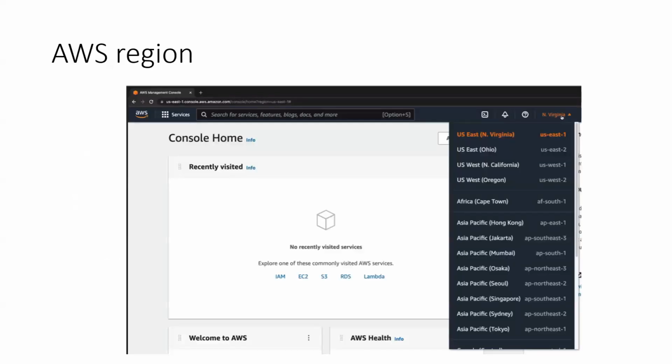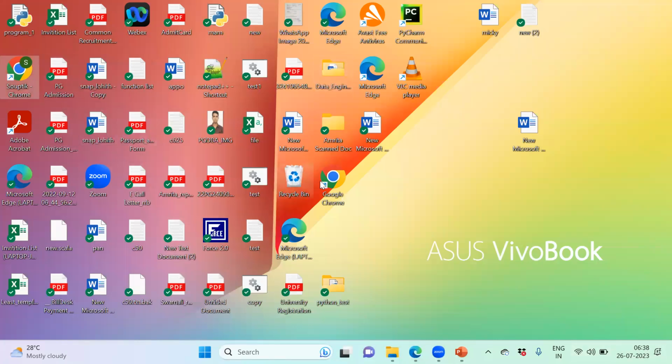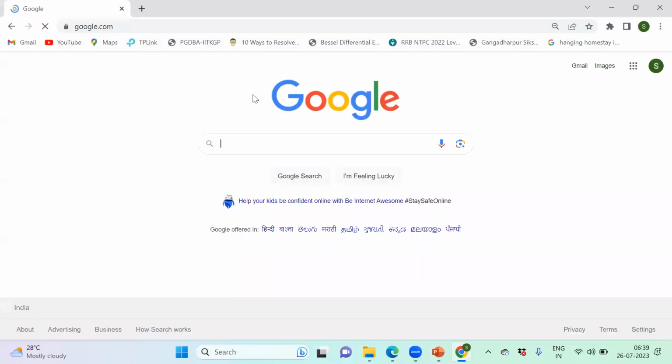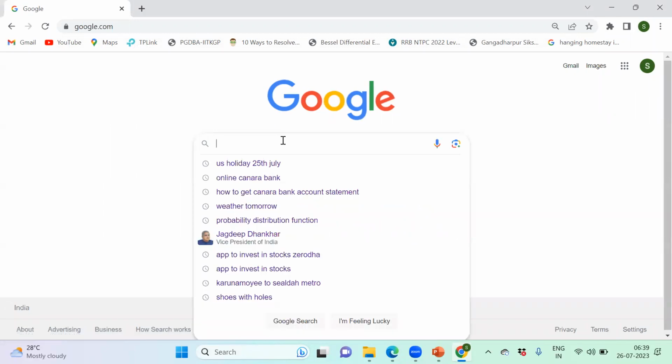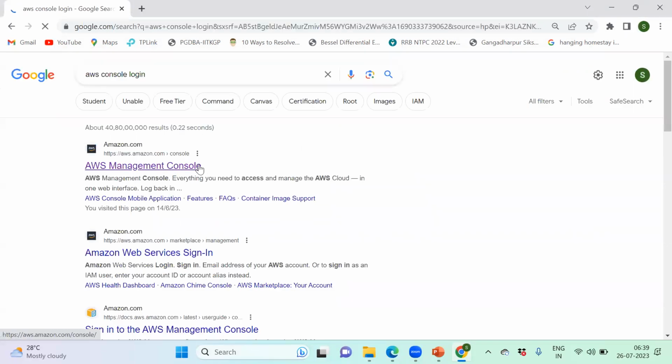Okay, now I'm directly going to AWS. In our examples of cloud, the basic things I just covered, and we'll be giving you a demonstration on top of this Amazon cloud vendor that is called AWS. Let me open the AWS console as well, to show how AWS looks like. Okay, AWS console login. This is the main homepage of the AWS console.